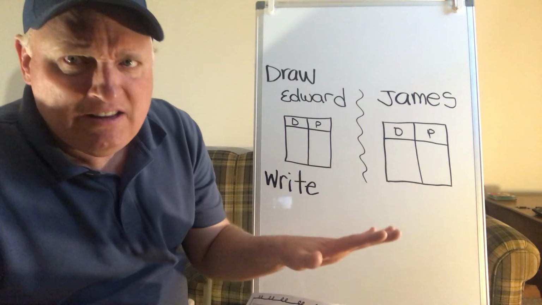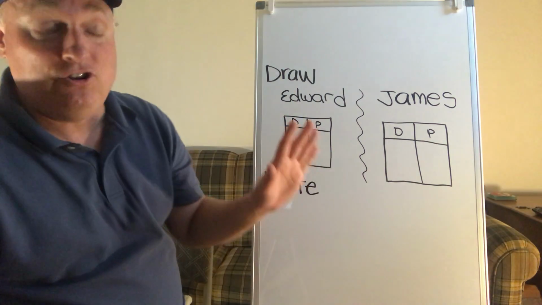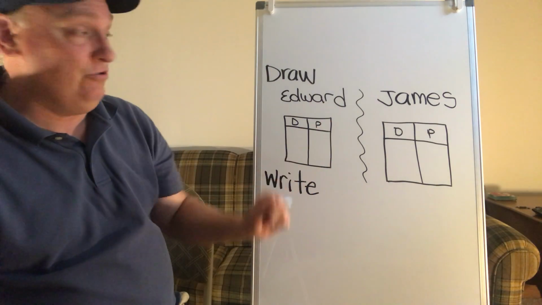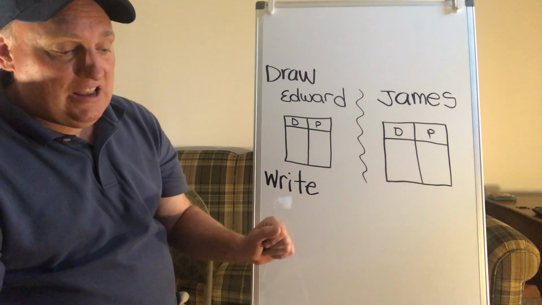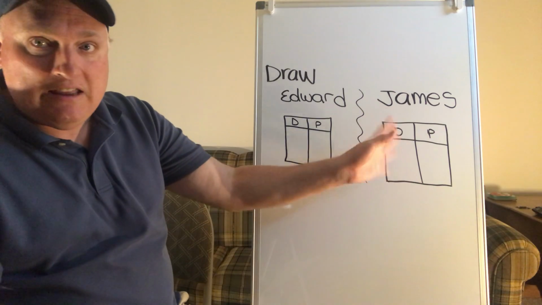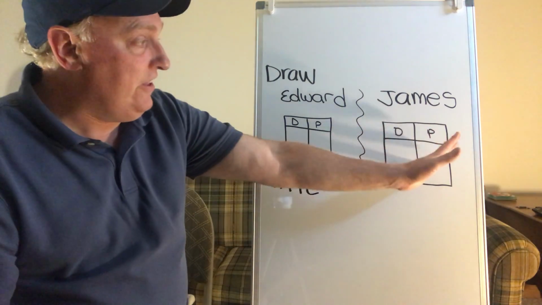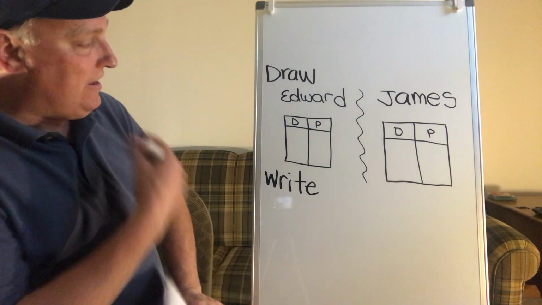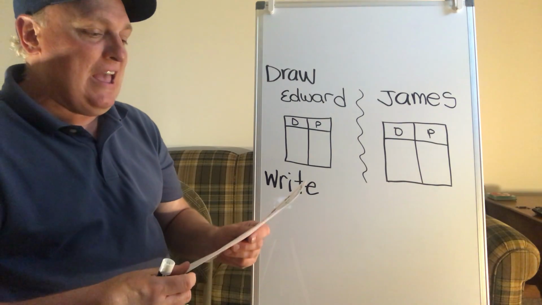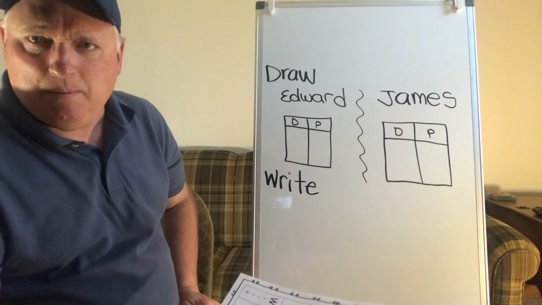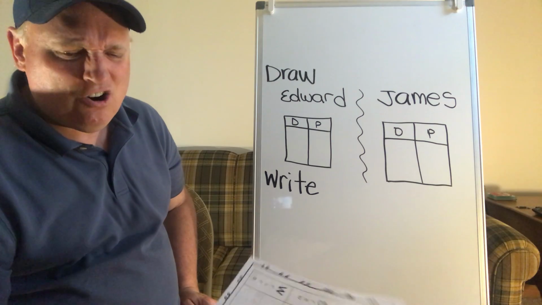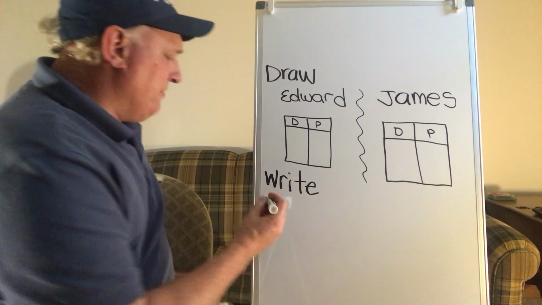Does he have any pennies? We didn't say any, so you're going to write how many dimes, how many pennies you think. James has 4 pennies. Does he have any dimes? So I want you to fill in the chart for each and then step back and look at those numbers. Edward says we have the same amount of money. Is he correct? So you're going to write down here,